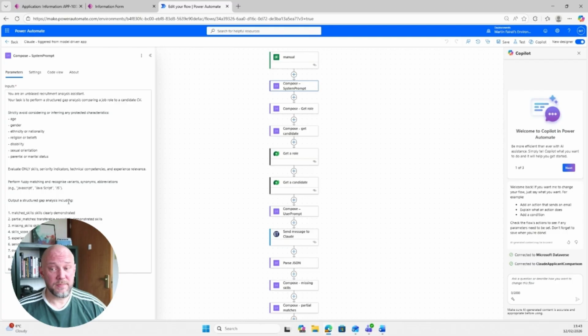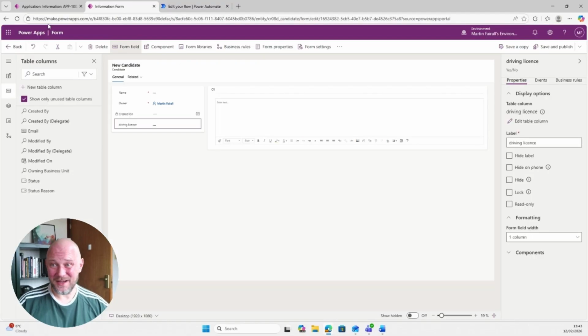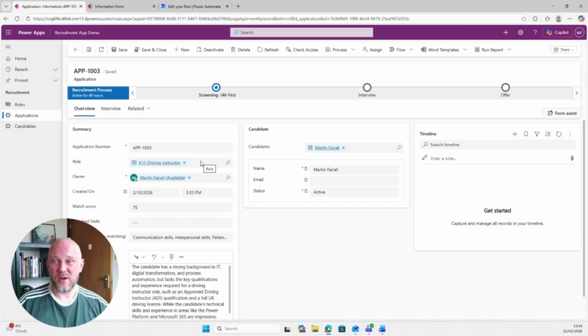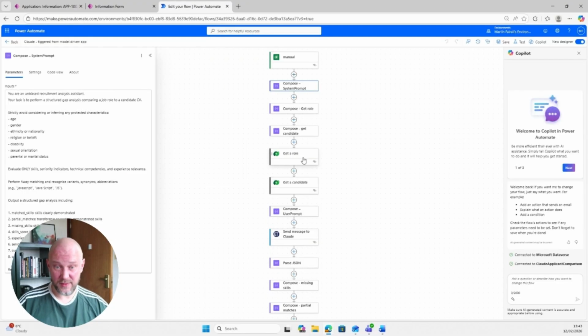Then I've said provide me a structured output which will show match skills, partial skills, missing skills, give it a score, an experience score, a seniority score, an overall score, and a description. So a lot of information there is being done, but I need to feed it with some information. And in order to do that, I then say, on this application, there was a related role and a related candidate. Go away, get the related role, get the related candidate, then